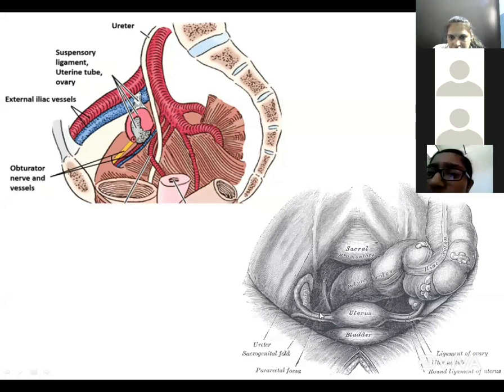Yes, ma'am. So anteriorly the ovarian fossa is bounded by the broad ligament of the uterus. Superiorly there is the external iliac artery and vein. Posteriorly there is the ureter and internal iliac artery. Inferiorly there are the obturator vessels and nerves, and anteriorly there is the broad ligament. So four boundaries. Are these clear? Yes. These boundaries are important from a surgical point of view.